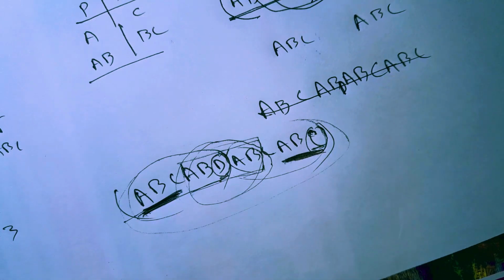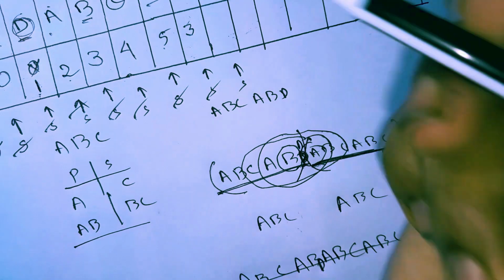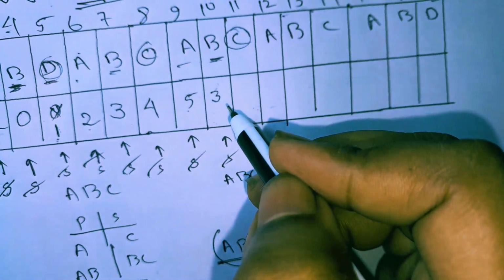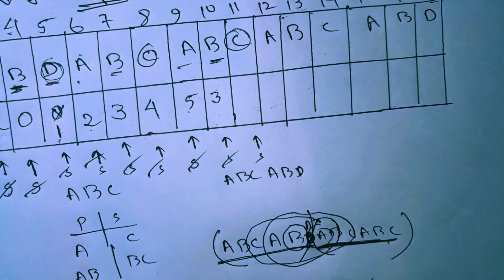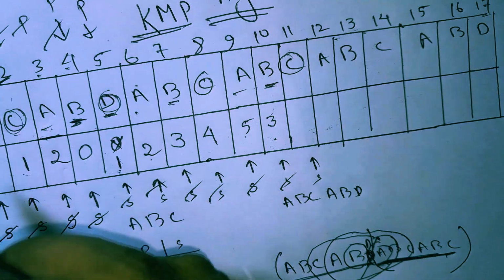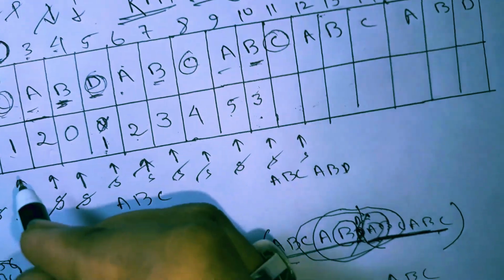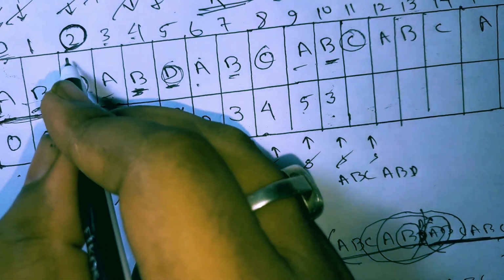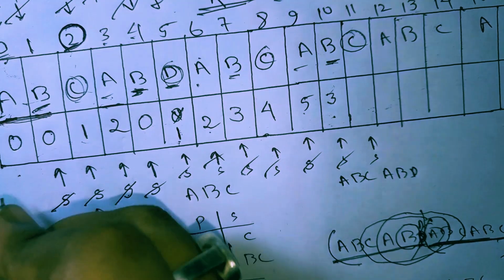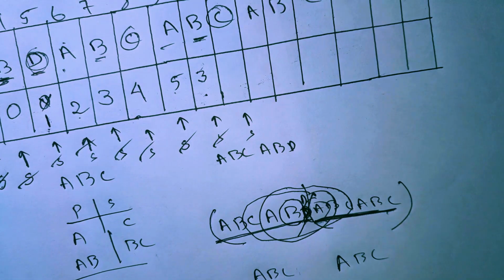So I can say here, instead of 0, I can put 3, because I have got a matching of 3 elements. So what are these 3 elements? ABC, ABC. So I can put my prefix here. Okay. Now the question is,